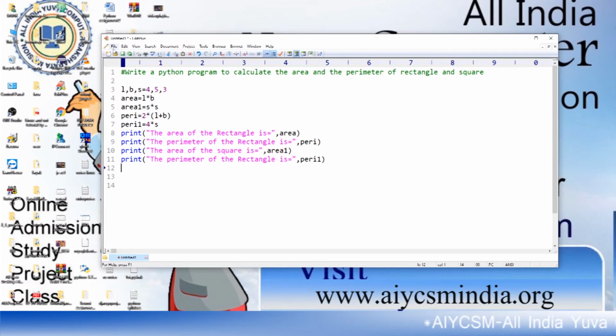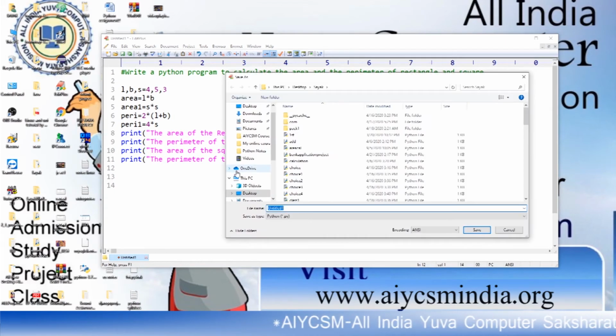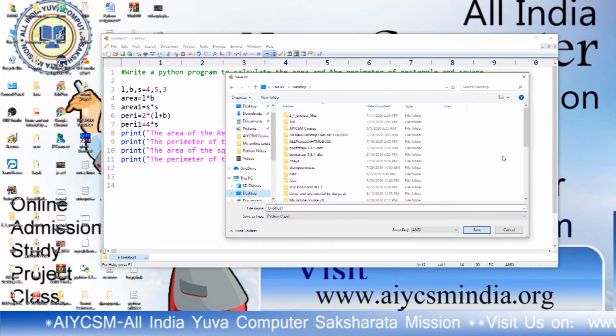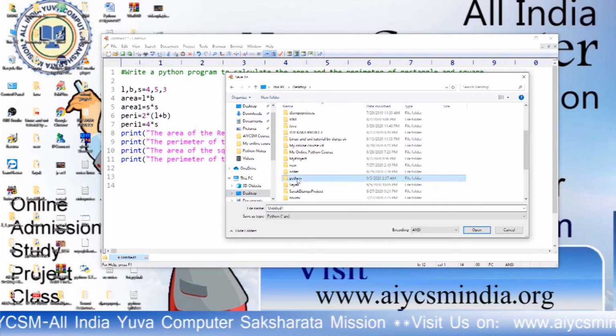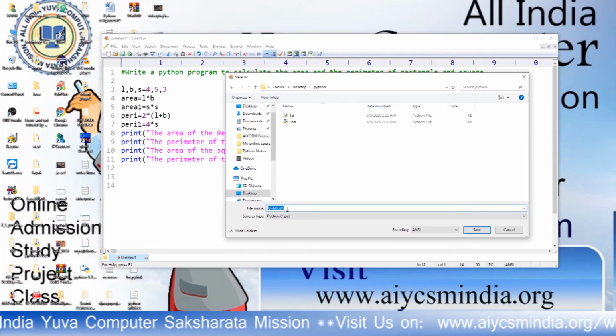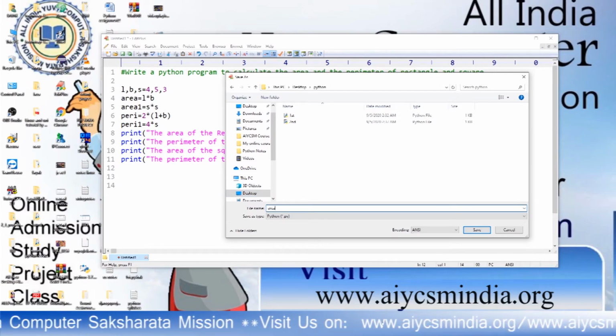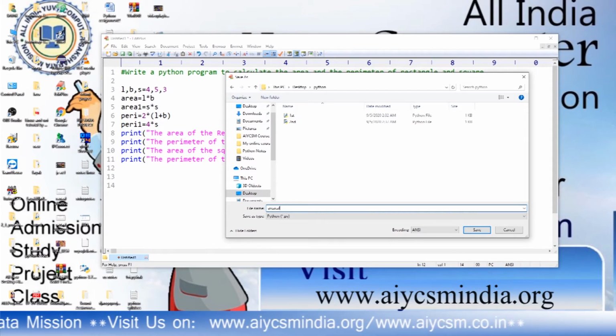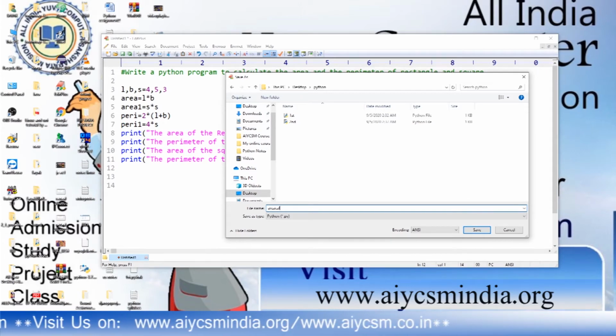Okay, we have to save it now, and I think we created a folder on the desktop earlier. This is the Python file, we have to save it. The name of the file is area_cal, area and perimeter calculation. You have to give a short name, .py.